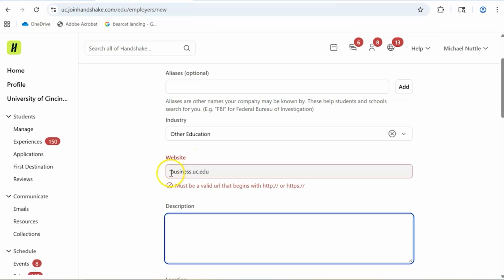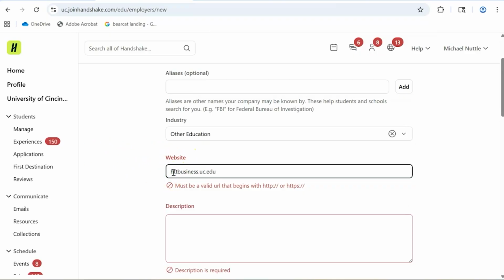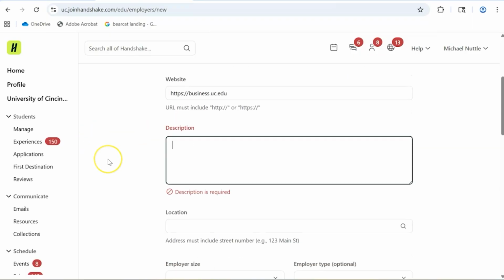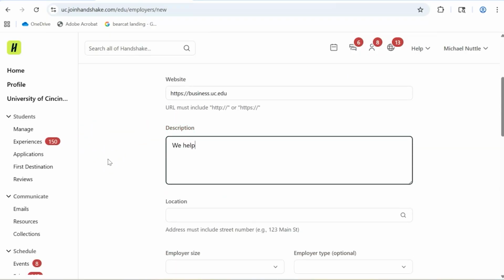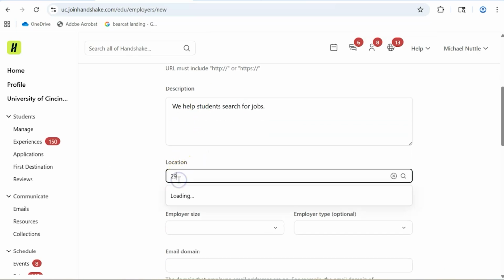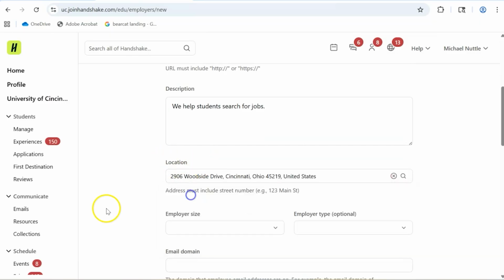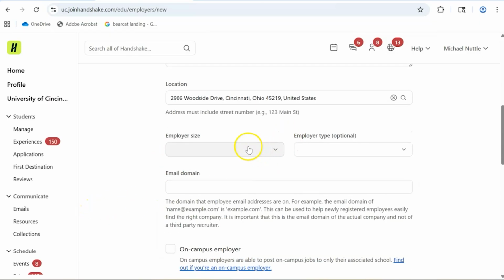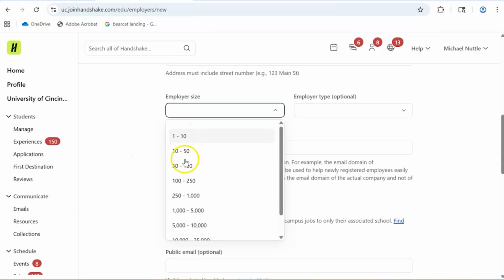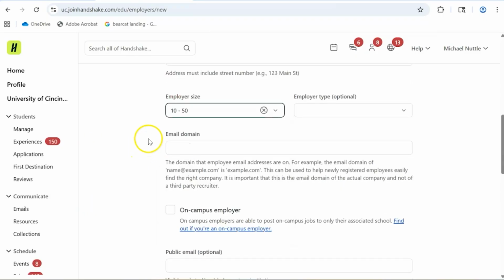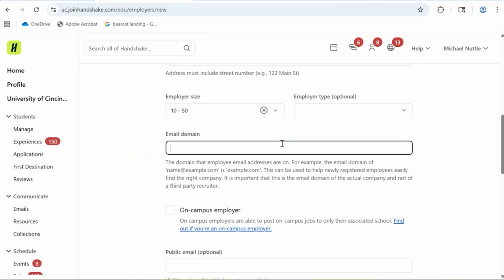business.uc.edu must be a valid HTTP. Very good. A description is required. We help students search for jobs. A location is necessary. It's going to offer suggestions. That'll make your life a lot easier. You do need to indicate your employer size as well as the